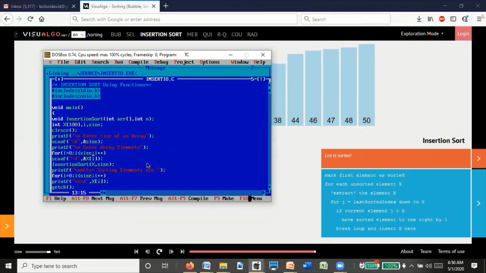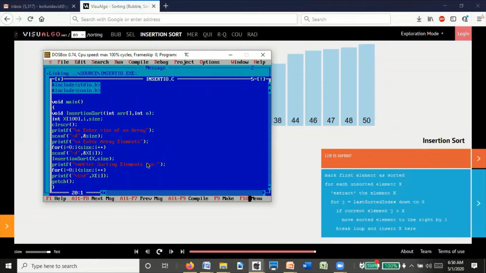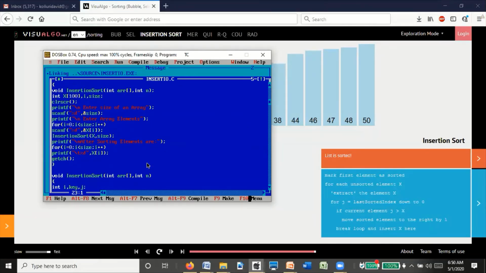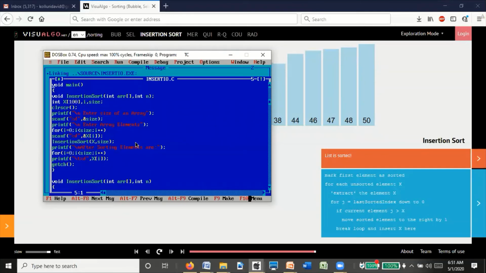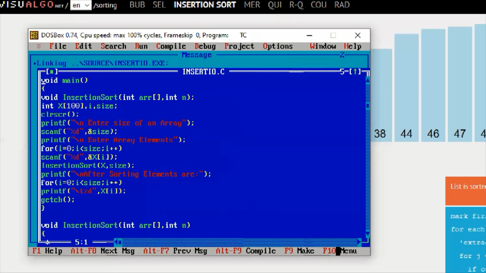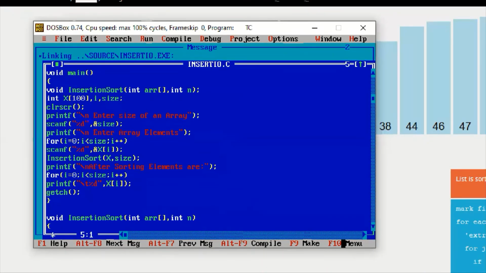In this case, this program contains how many parts? Two important functions, that is the main function, then the user defined function.